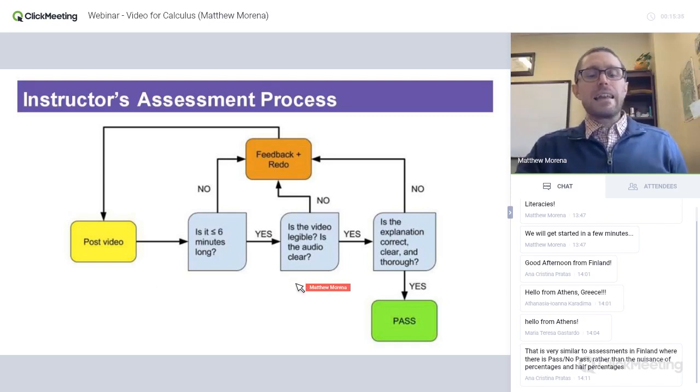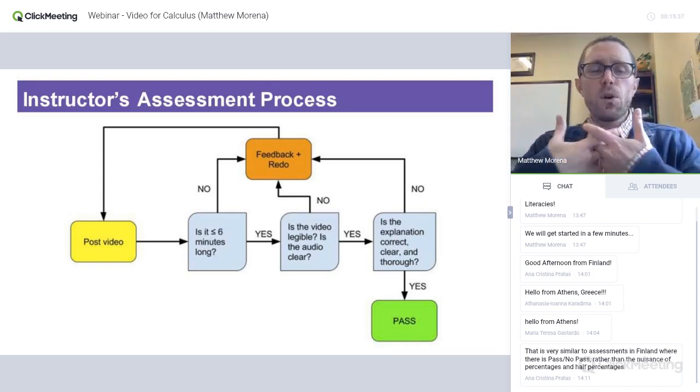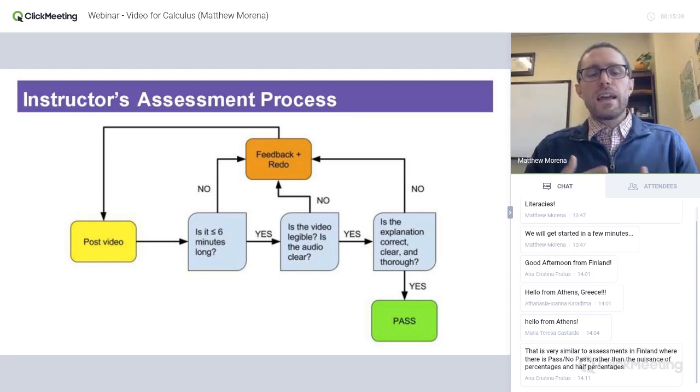Next, I make sure that the video is clear, both audibly and visually. Can I hear the student well enough that I believe other students can understand the student? Can I make out and understand the student's handwriting? Is there background noise? Is the video pixelated? Is it high definition? If so, then I move on and assess the video more for content than just audio